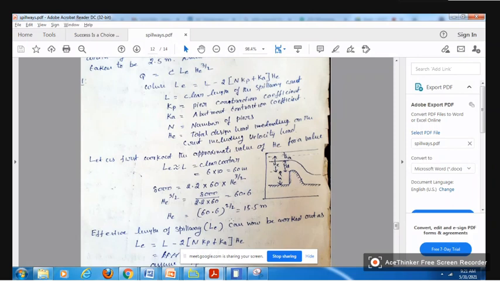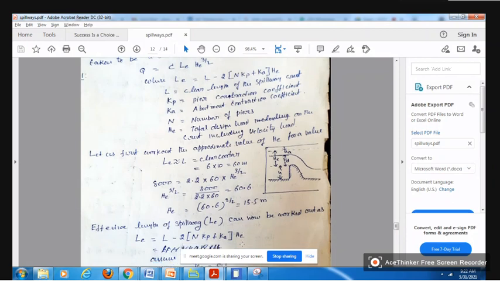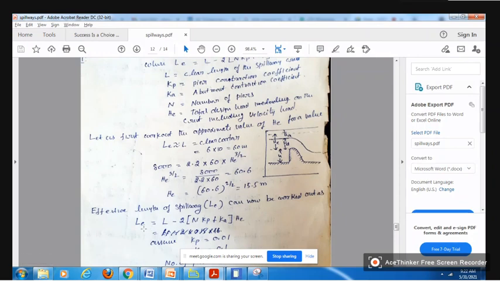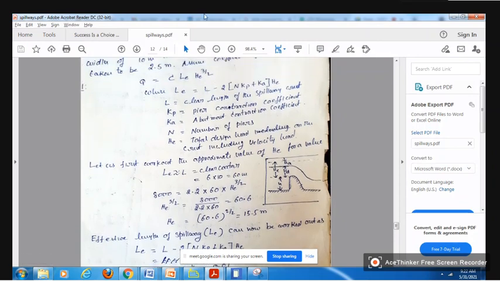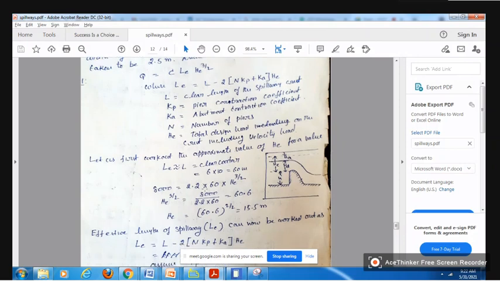So now I know HE cannot be less than 15.5. So I will start assuming HE is equal to 16. I put 16 here and then calculate LE. Then LE comes, I put that LE value here, with the assumed HE value 16, and then I will calculate Q. If this Q is equal to 8,000, then our assumed HE value is correct. Otherwise, I will assume another value, 16.5, and repeat the procedure. So that's why first I calculated this value.